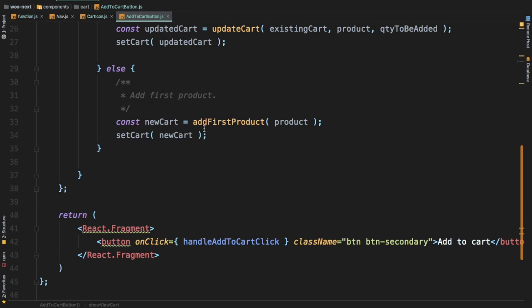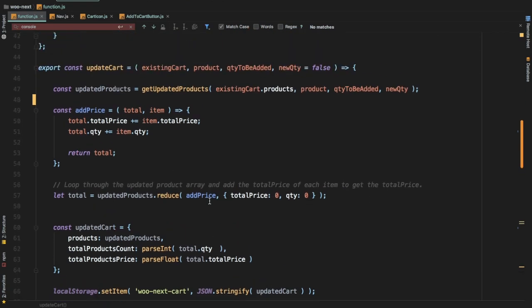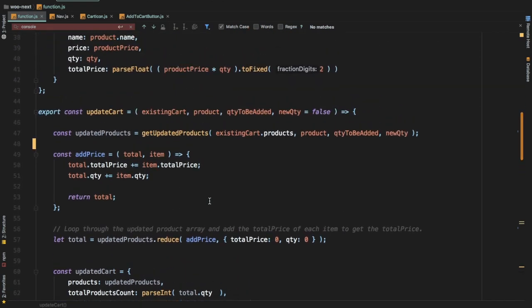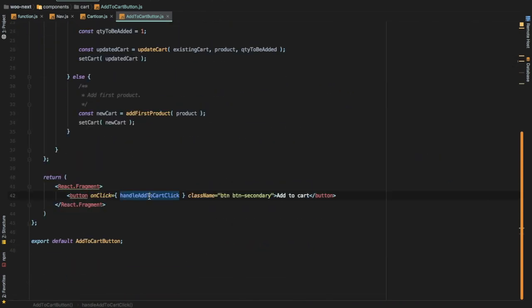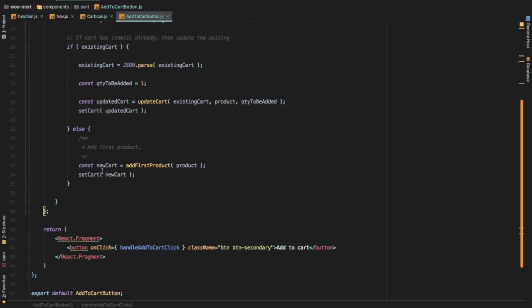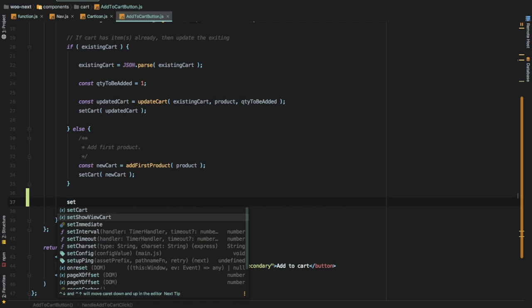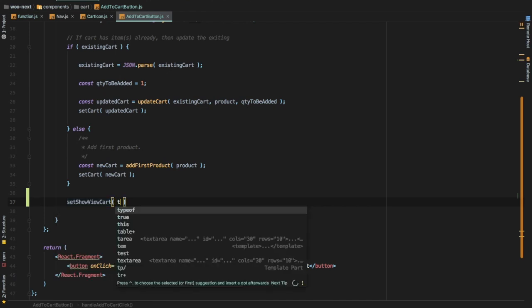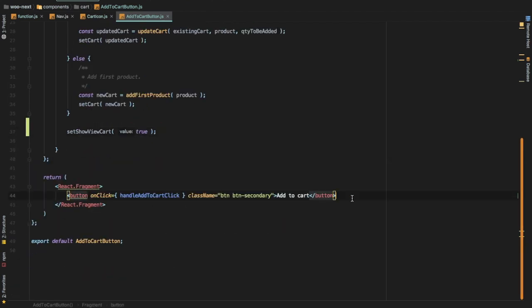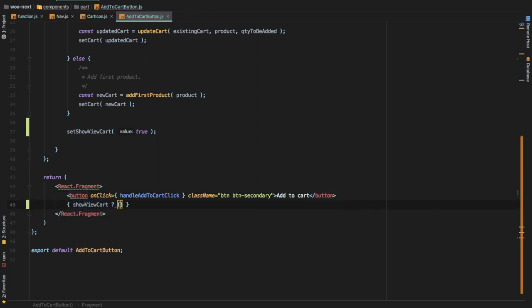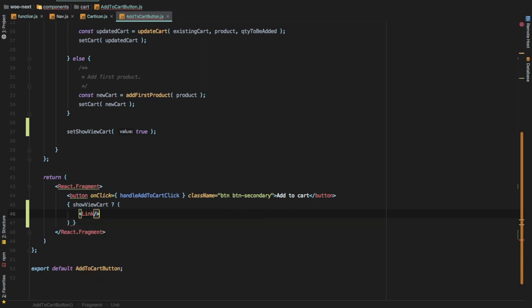Okay, so what we're going to do is we'll go over here to functions. So when the user clicks on the button, this function will be called, and once this function is called, I just want to use the set show view cart to true. That's all I have to do. Then at the bottom I can just check if show view cart is true, only then use the link with href